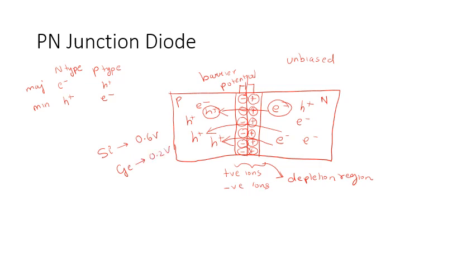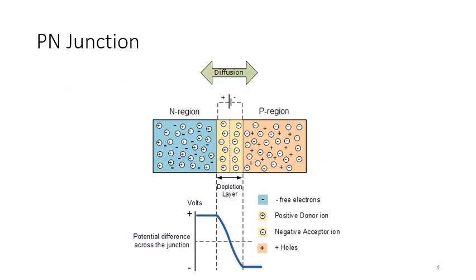So this is the voltage that you have to overcome so that you can go from the n-type semiconductor to the p-type semiconductor and get some current. This is a better view of what I exactly said right now. N-type semiconductor has a whole lot of electrons, p-type semiconductor has a whole lot of holes.